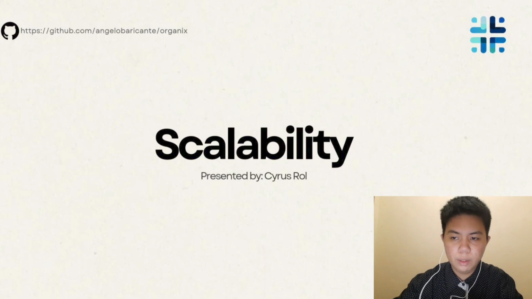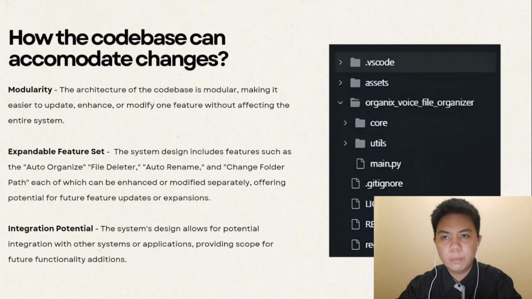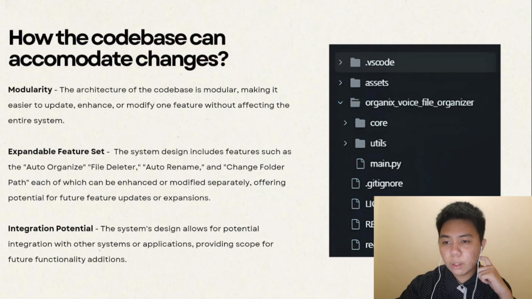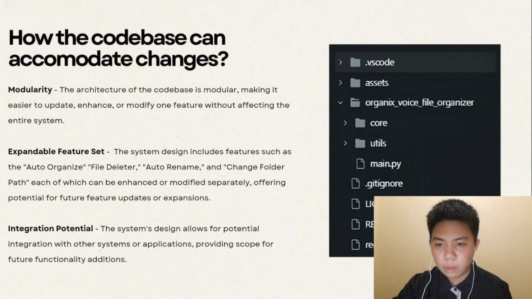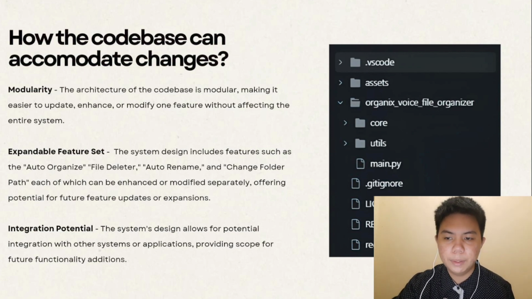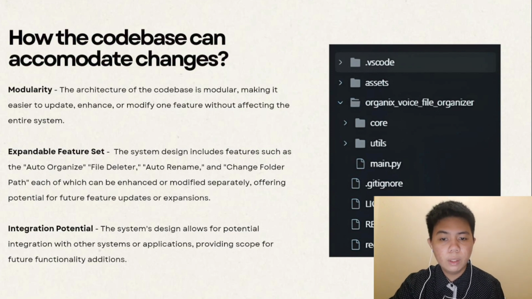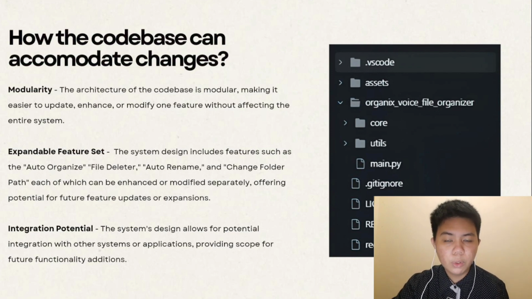Now on to scalability, how the code base can accommodate changes. First off, scalability refers to the ability of a system to handle increasing workload or demand without sacrificing functionality or performance. Scalability in programming means that a program is capable of handling more work or accommodating more users without any issues. Modularity. The architecture of the codebase is modular, making it easier to update, enhance, or modify one feature without